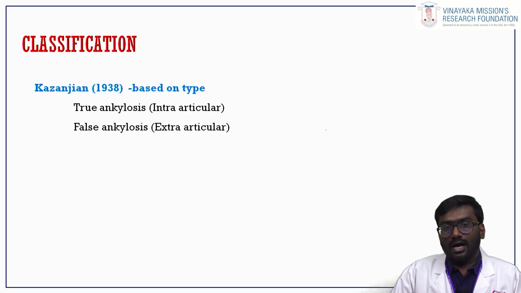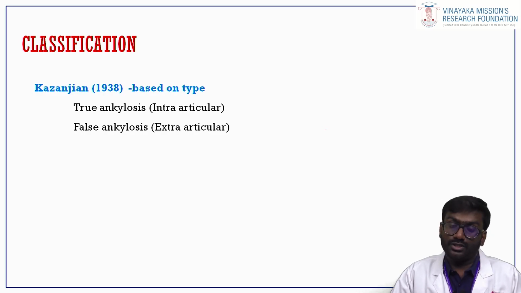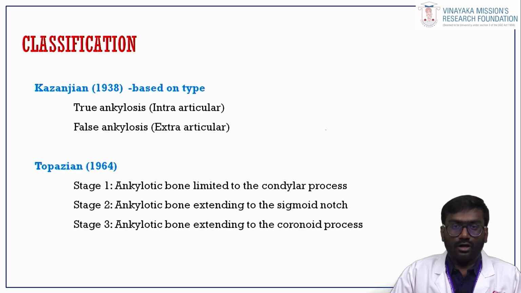And when this happens outside the capsule, we call it extra-articular or false ankylosis. The joint per se is not replaced by the bone, but due to injury outside the capsule, you have a bridge of bone between the neck of the condyle and the glenoid fossa, but the joint is safe. The next, in 1964, Topazian classified into stage 1, stage 2, stage 3 based upon